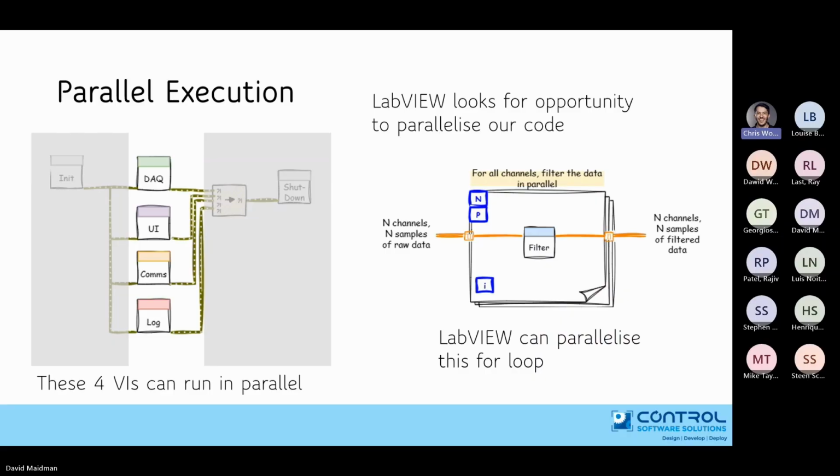So the main VI that we look at there could just be set to standard execution. But then each of the module main VIs, so the DAC module, the UI module, and so on, can be intentionally set to a specific execution system. And then any sub VIs inside each module, by default, are set to same as caller. So all the sub VIs inside the module will essentially take the same execution that was set for the module